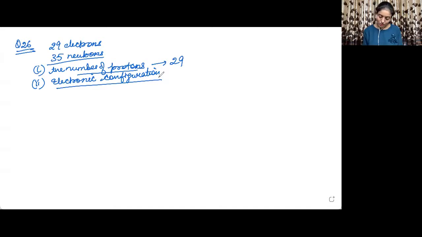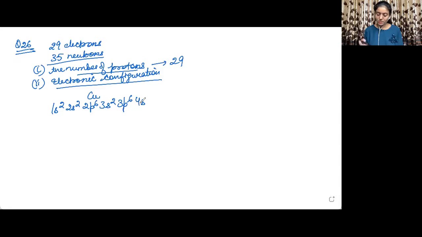Okay, so let us now see, we need to write the electronic configuration of an element whose atomic number is 29. 29 atomic number is copper. So we need to just write the electronic configuration of copper. So it is 1s2, 2s2, 2p6, 3s2, 3p6. So how many electrons have been filled? Up to 3p6, 18 electrons get filled. Now after 3p, 3d is not filled, but 4s is filled. So here we will be writing 4s.